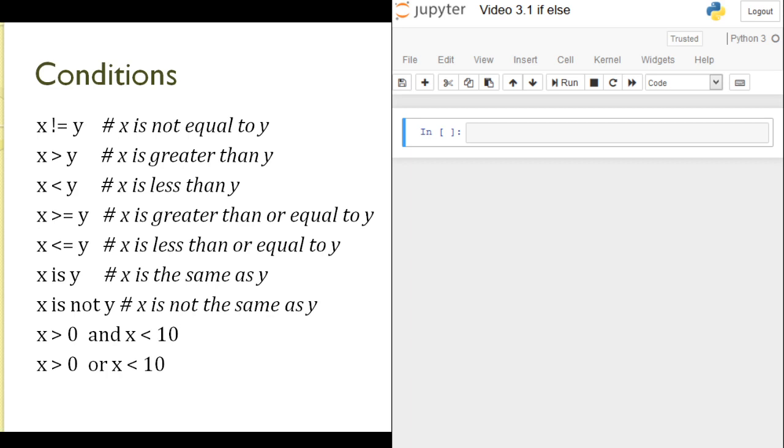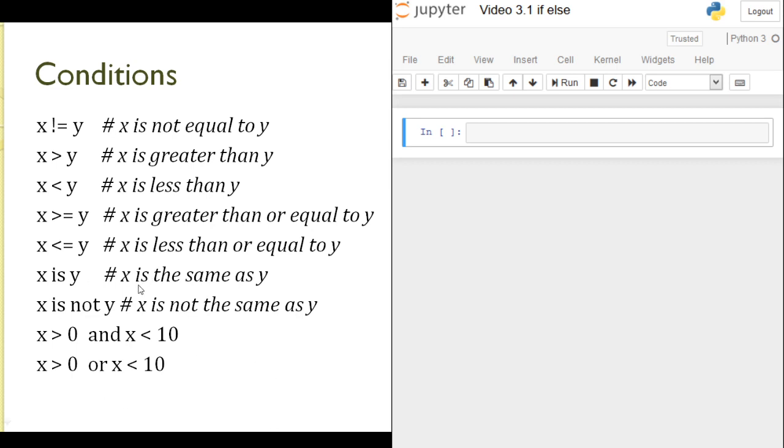Conditions are used in every programming language, but there is a change in the operators. In Python, most of the operations are the same, like not equal to, greater than equal to, less than equal to, but there is one special thing about the conditions in Python. Just focus on the statement.